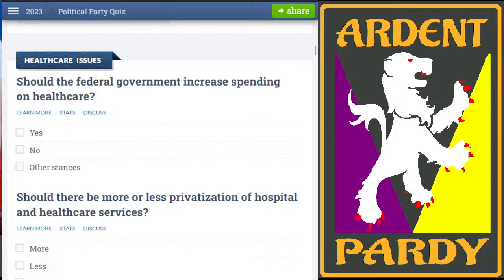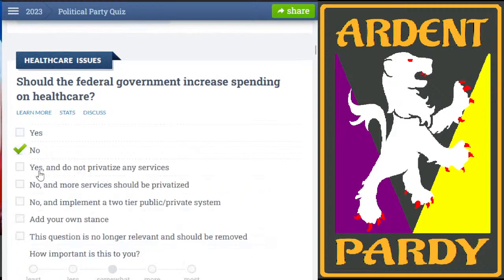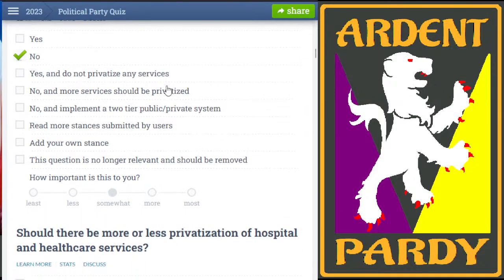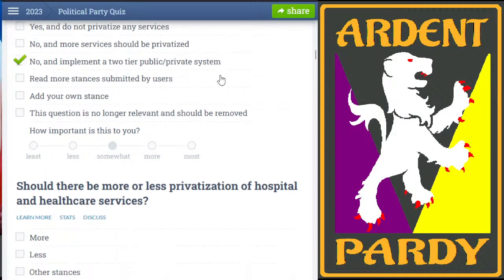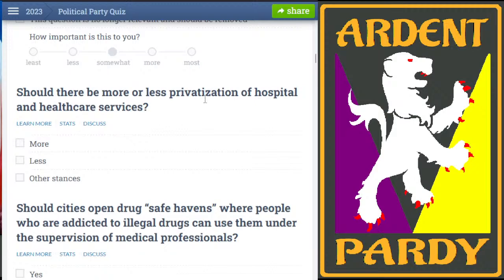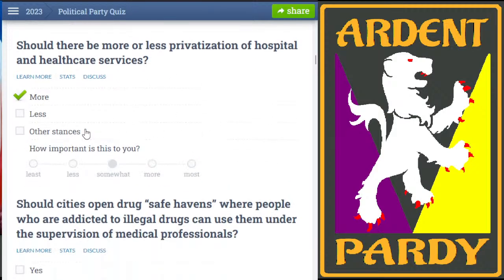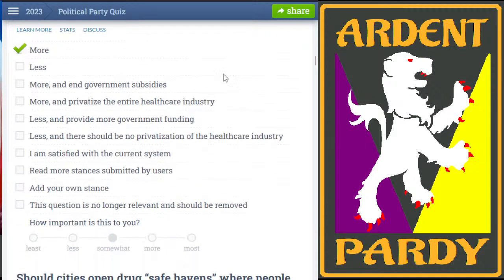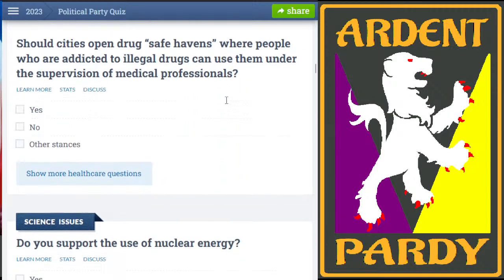Should the federal government increase spending on healthcare? No. Other stances. More services should be privatized. Implement a two-tier. There we go. At the very least, it should be two-tier, public-private. Should there be more or less privatization? More privatization. What are other stances here? Government subsidies. Privatize the entire healthcare industry. There we go. And yes, I can hear people reeing about, oh, but that's bad in America. No, not if government has the good sense to get the fuck out of the way of business and let